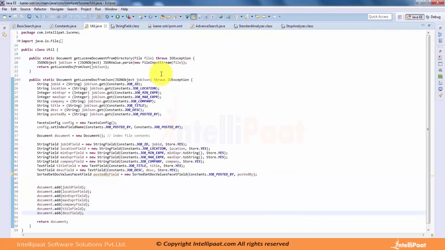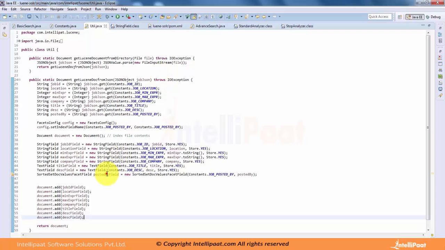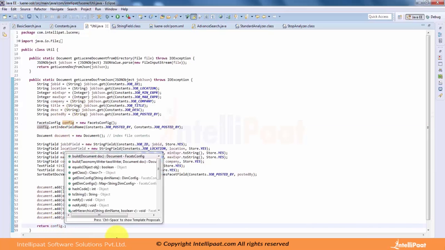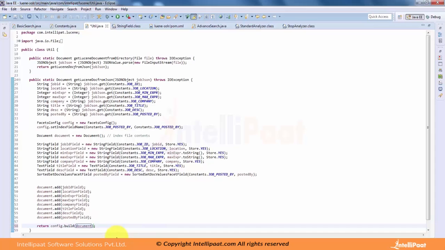And in the document we will add this field, and instead of returning the document, we will have to go via this config dot build document. We will have to rebuild the document for our faceting. Okay, so what we have done is we have extracted the posted by, created a facet config, and then created a field, and that field is being added to the document, and then by whatever facet config we have used, we have built the document again. Okay,